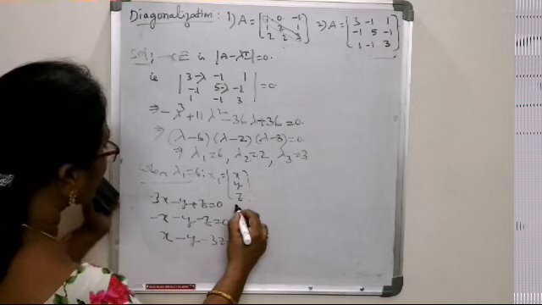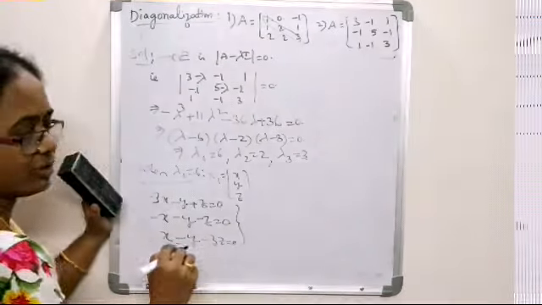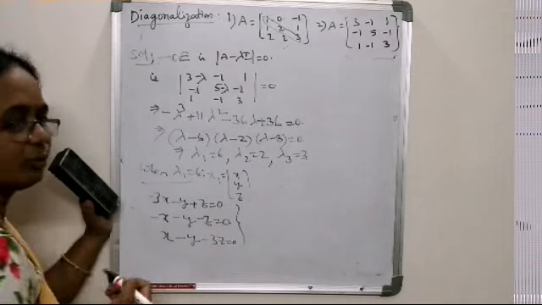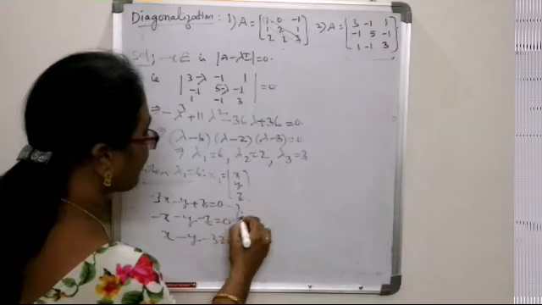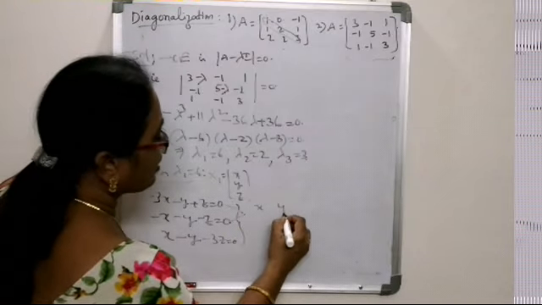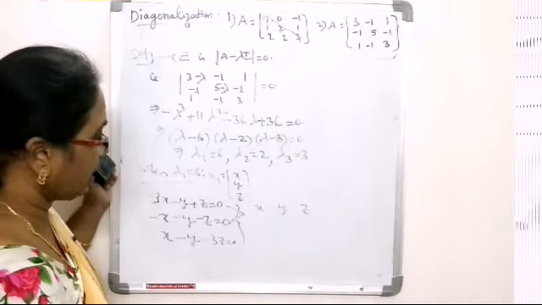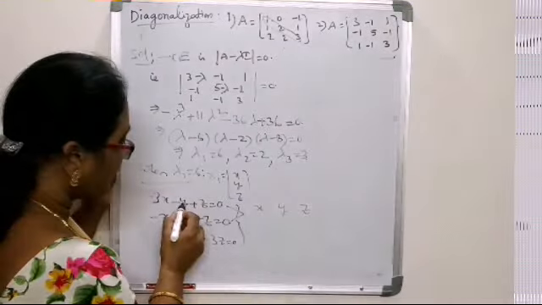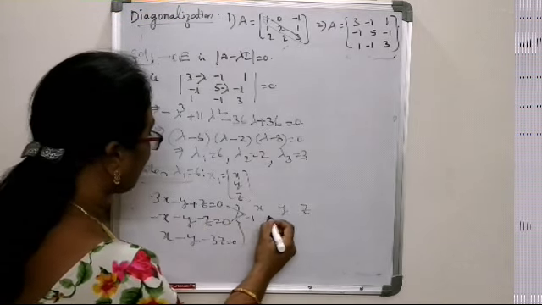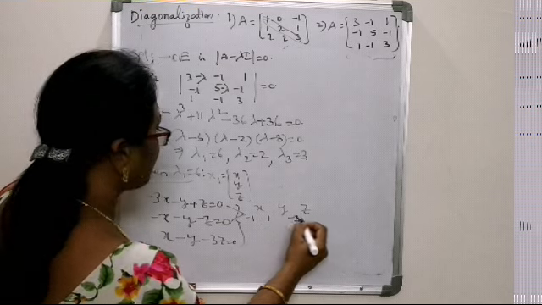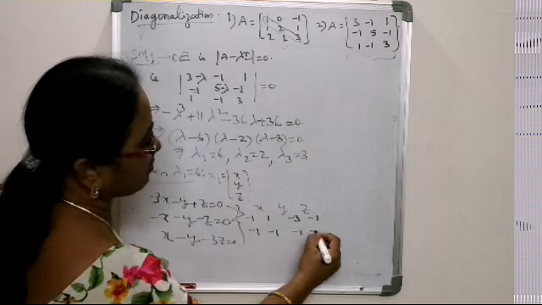All the three equations are linearly independent. They are all different, so we can choose any two to get the eigenvector X1. Suppose we choose the first two. So we write the variables first. From the first two equations, in the order starting with the coefficient of y, we write the coefficients as minus 1, 1, minus 3, minus 1. From the second equation we have minus 1, minus 1, minus 1, minus 1.